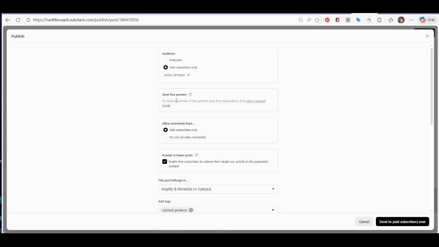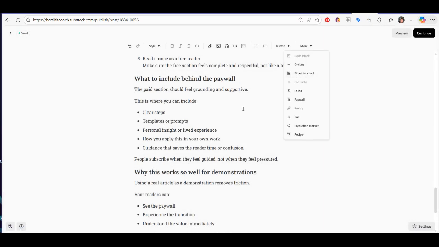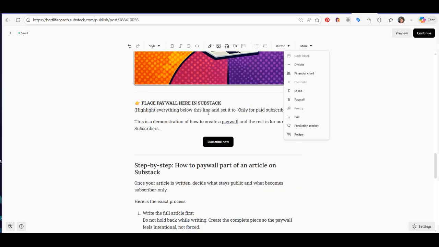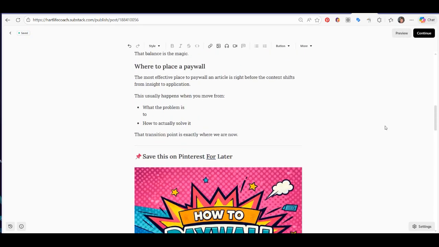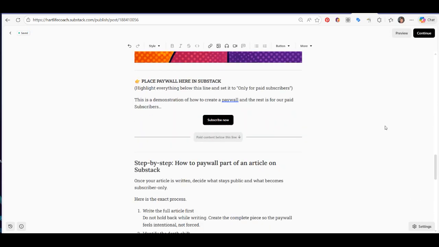and see where it says send free preview. This is how you're going to add the paywall. So we want to add a paywall break. That will be right there. We're going to come over here and see where it says under more, it says paywall. Make sure we got it right there. More and paywall. All right. So people should only be able to see from here down. Okay? So now we're going to hit continue,